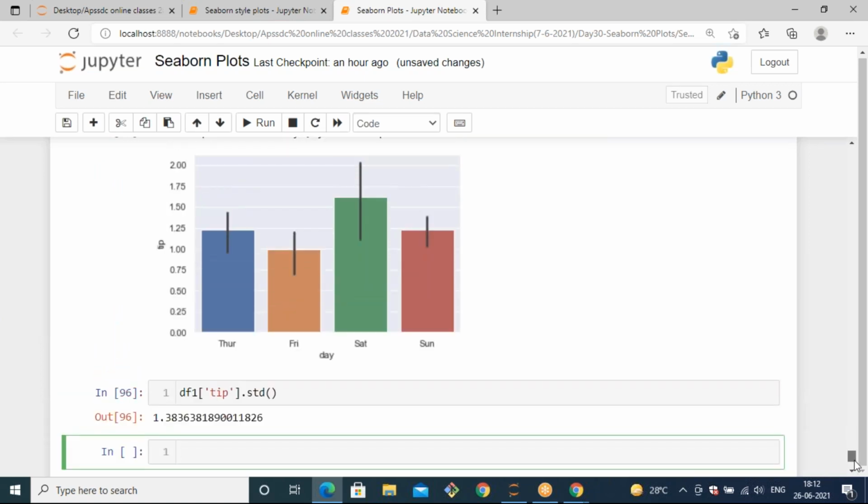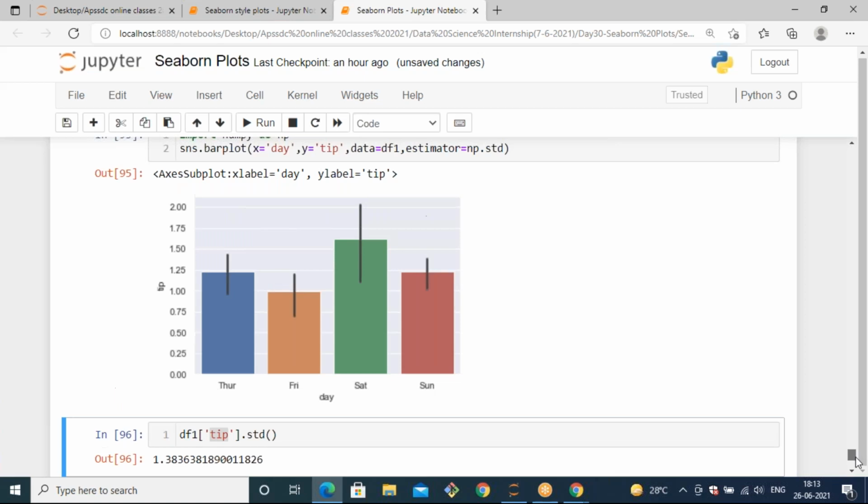Basically the standard deviation of the tip is about 1.38. So when you want to plot a bar plot for the standard deviation of tip, it needs to be calculated day-wise every time.